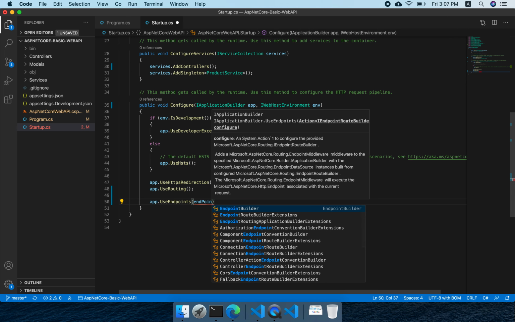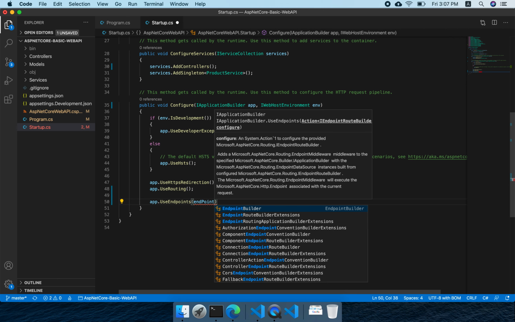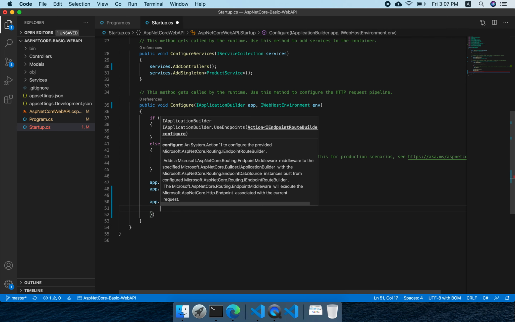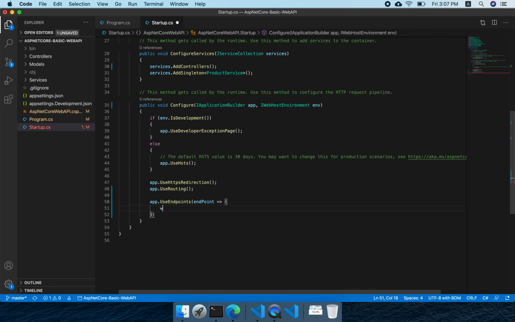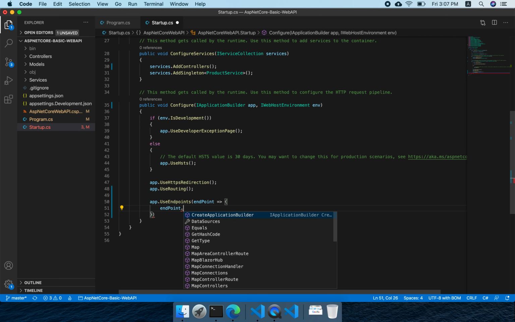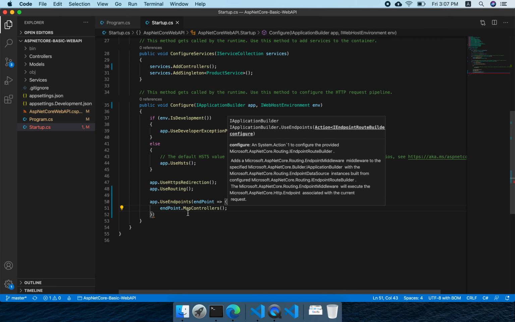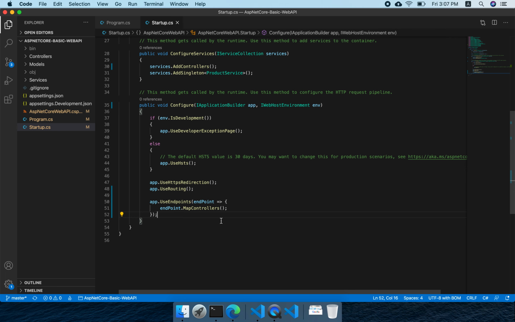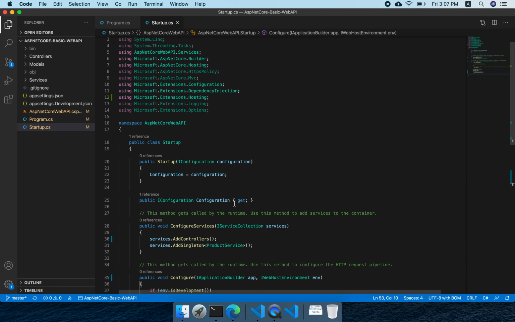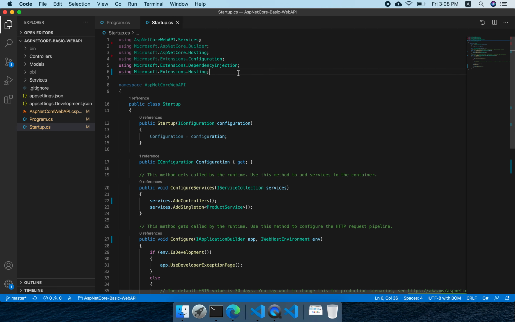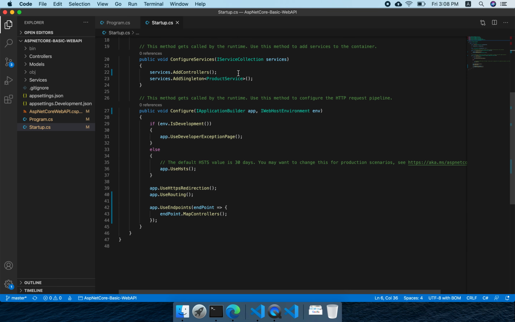This is the way that from 3.1 it identifies endpoints and where it should route. It automatically detects and goes to the appropriate routes. And for this we have to add it. These are the changes we have to do, and I will remove what is no longer required, and that's it.